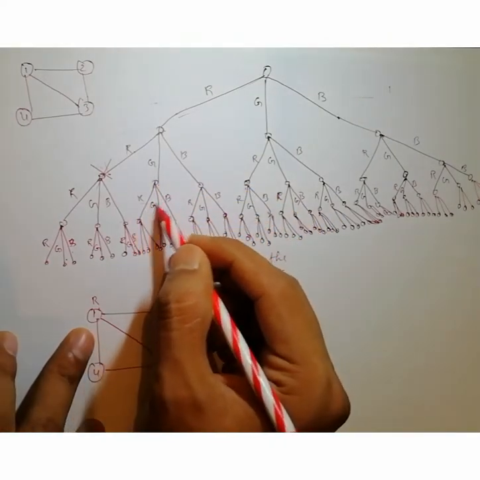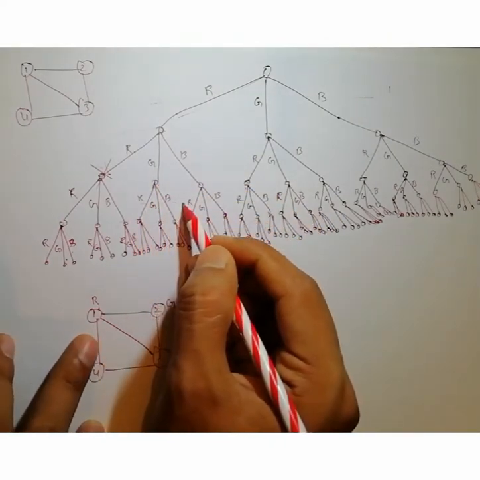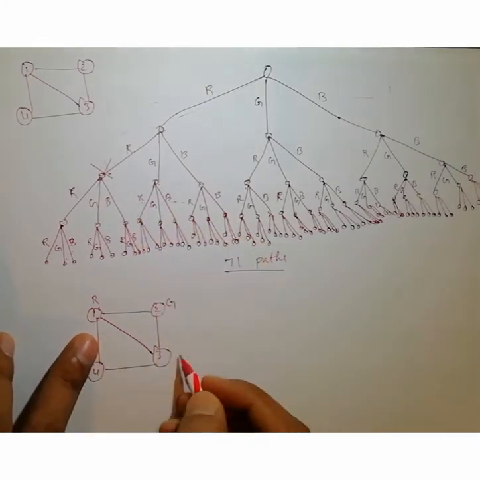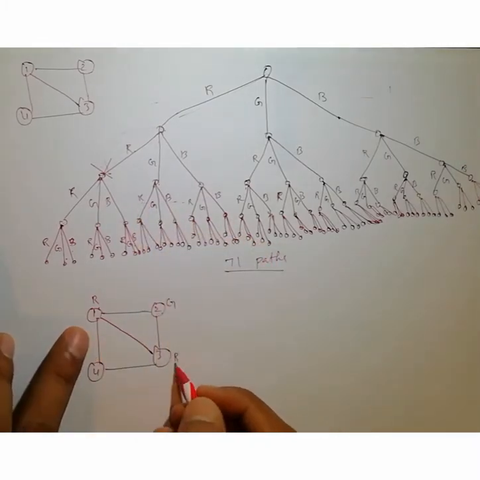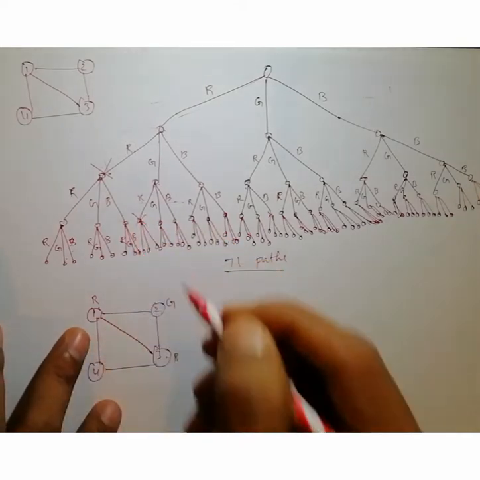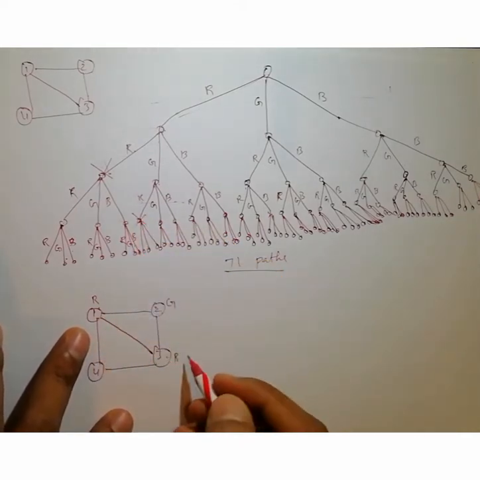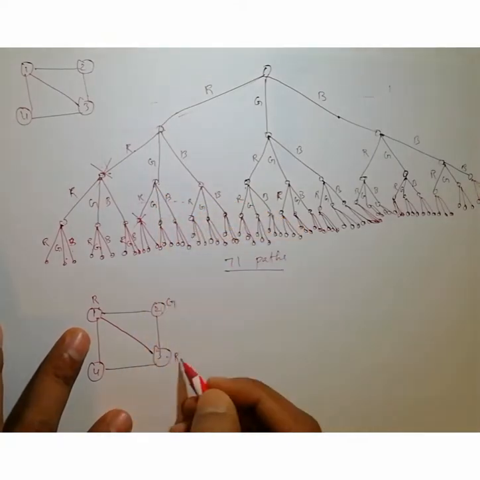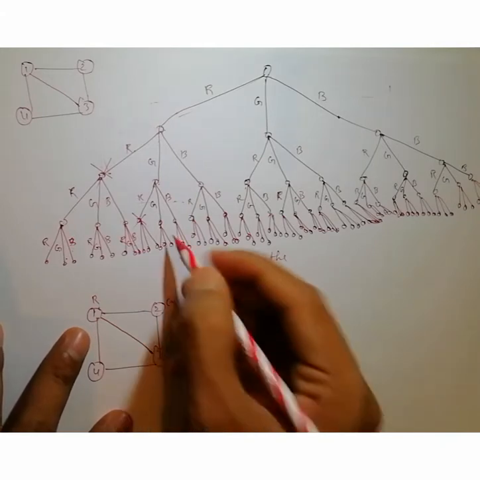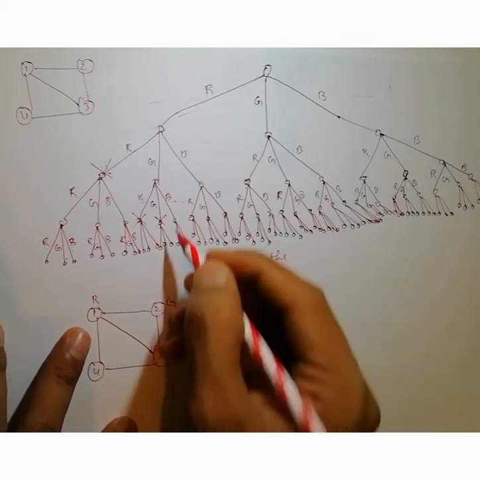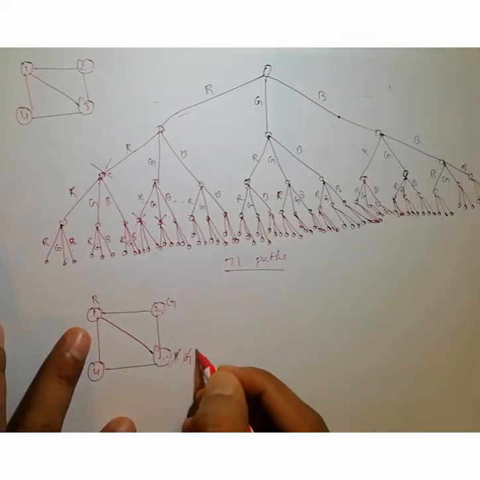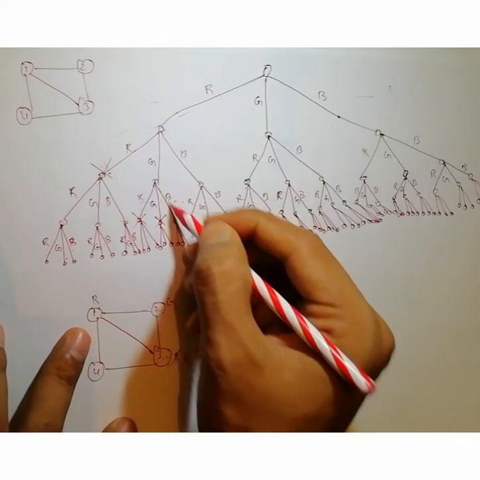Okay, so come to the next. That means I am considering the third vertex. For the third vertex, can I give red color? No, because these two adjacent vertices would have the same color. So eliminate that, just kill that node. Again, can I give green color? No, because 2 and 3 are adjacent vertices and should not have the same color, so I can't give green color either. Next, can I give blue color? Yes, now I can give blue color.